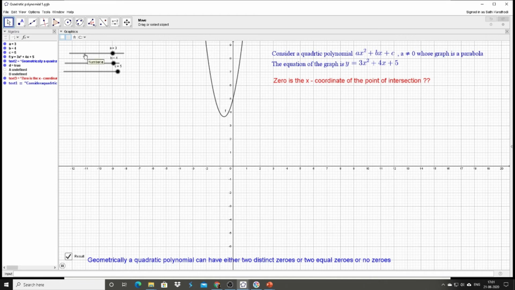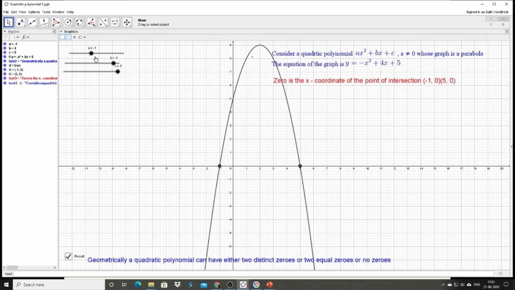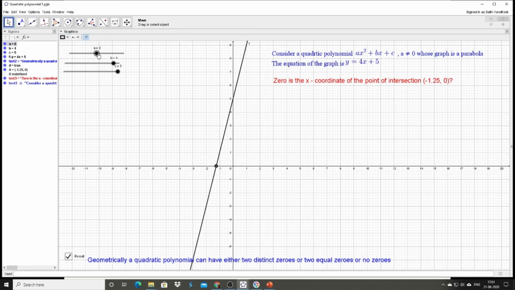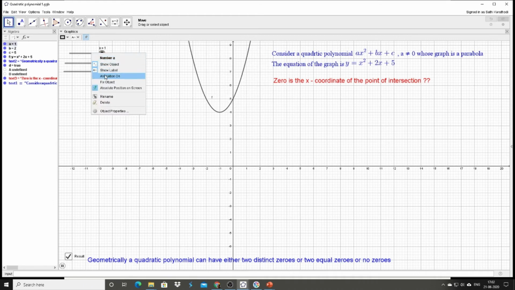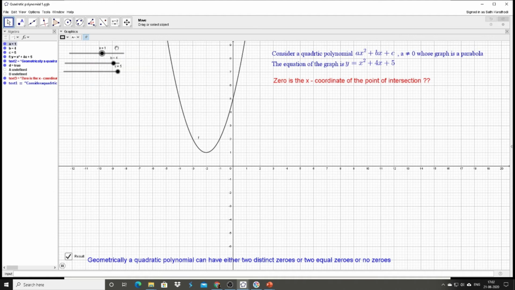Now let us keep A as a constant, any value, A equal to 1 given. Now let us change B and observe. Now we can see that the graph intersects at some places at 2 points of intersection, and some places at no point of intersection. And if we keep some other value for A,